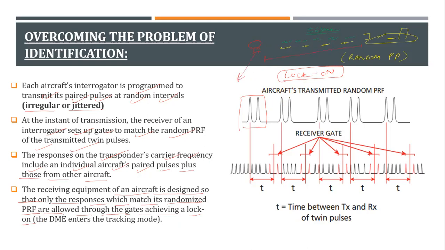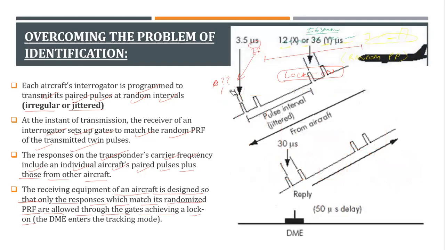We already just discussed that this DME can only take 100 aircraft at a time. So how does the DME select which aircraft to take or not? First of all, let's see why only 100. Why only 100 aircraft? Okay, this is the diagram. I've already told you this. With this diagram also, you can clarify your doubts if you have any.